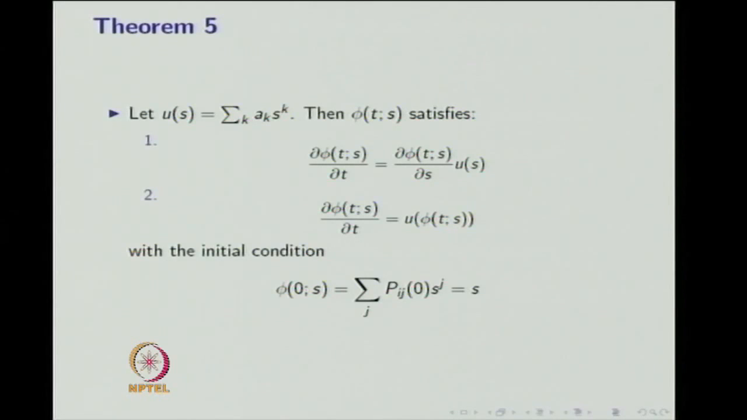Now we will move into Theorem 5, which discusses the differential equation corresponding to the probability generating function for P_ij(t). Let u(s) = summation a_k s^k, summation over k. Then the probability generating function for P_ij(t) satisfies